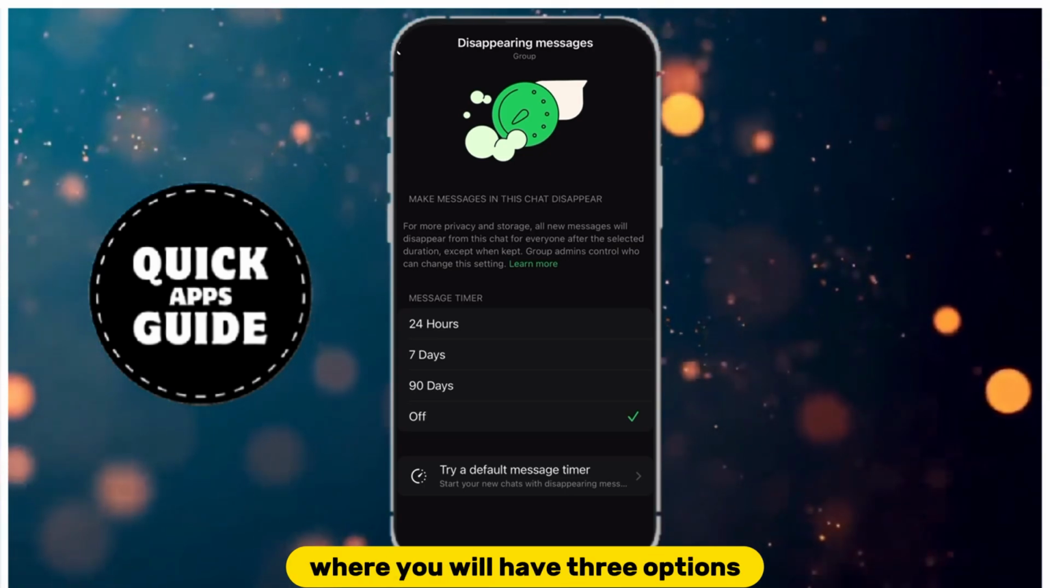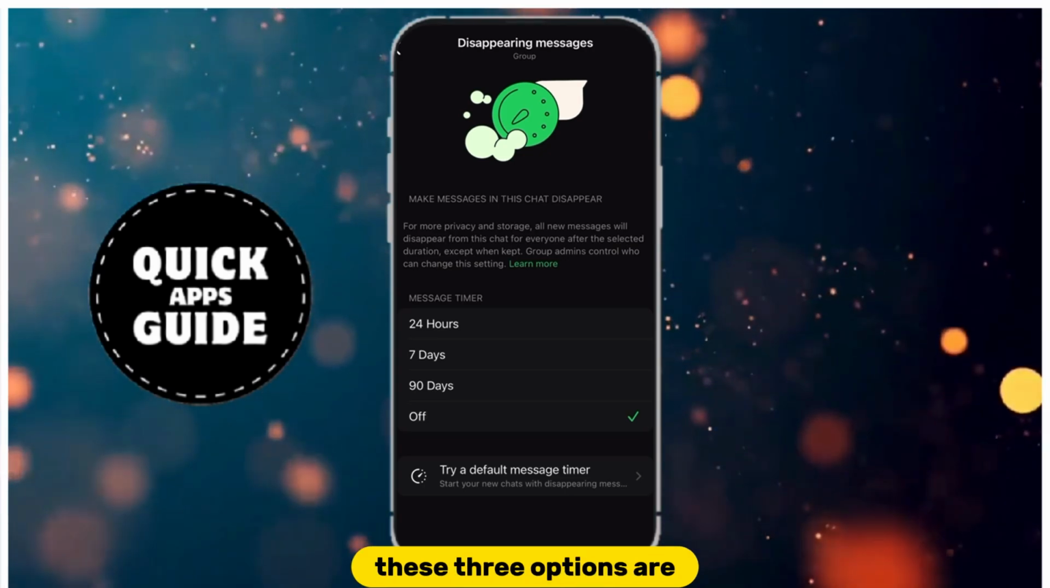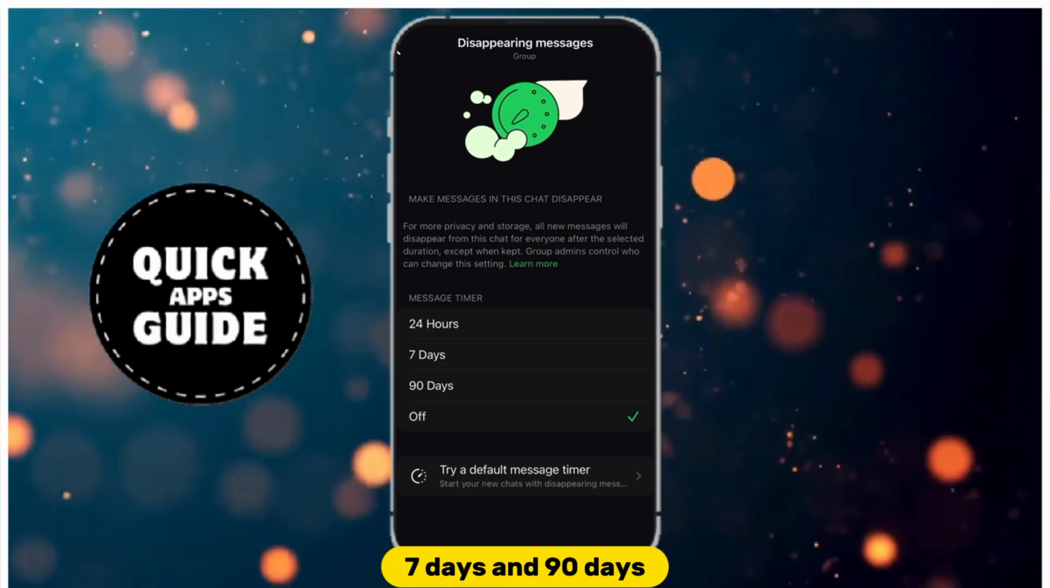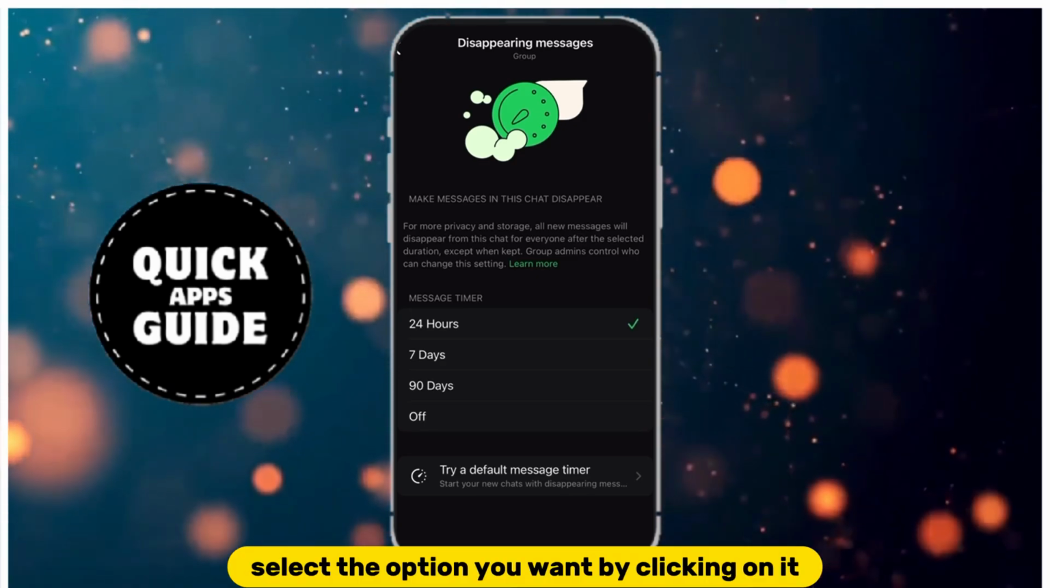where you will have 3 options to choose a message timer. These 3 options are to set the message timer to 24 hours, 7 days, and 90 days. Select the option you want by clicking on it, and you have